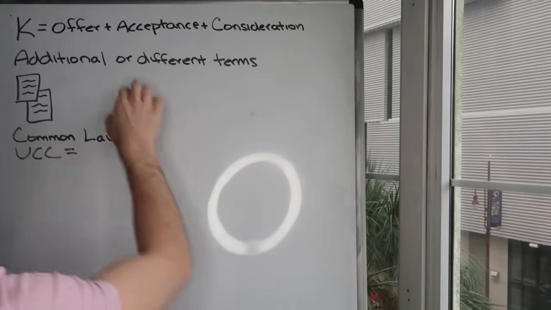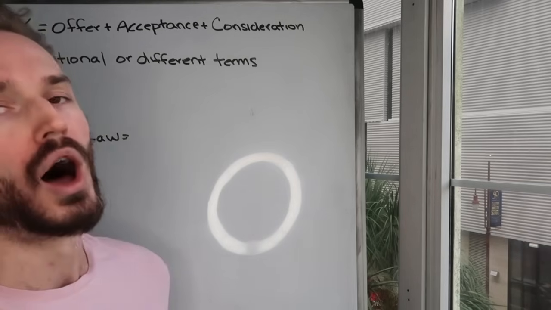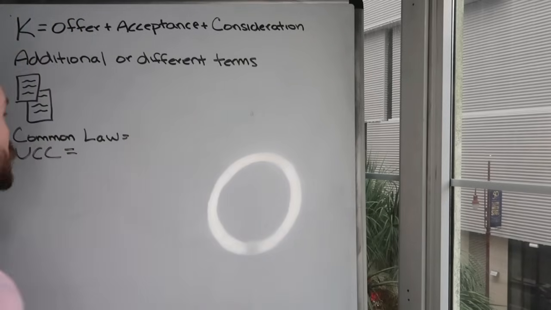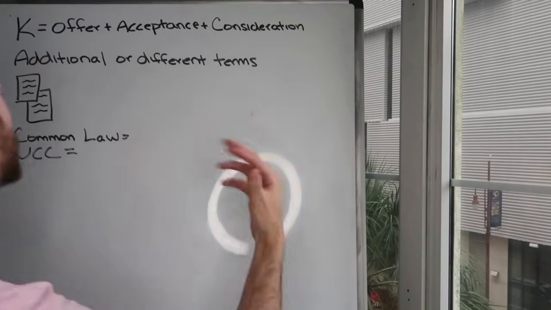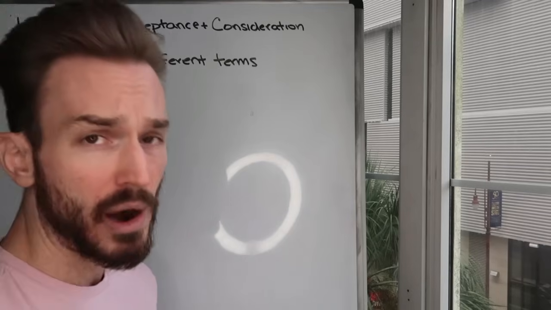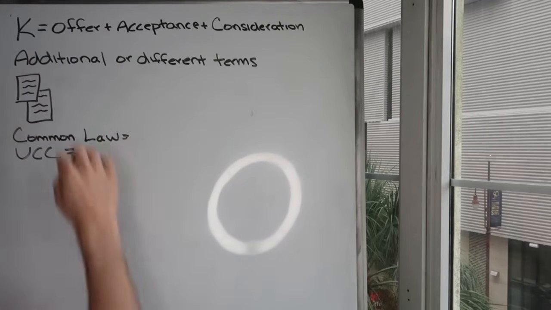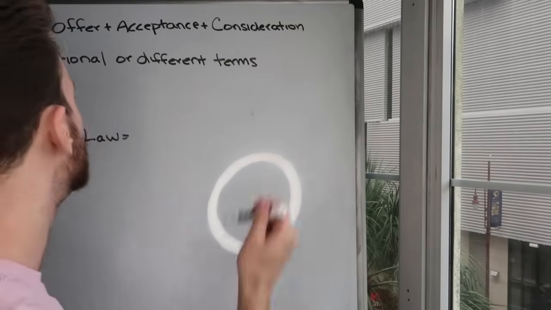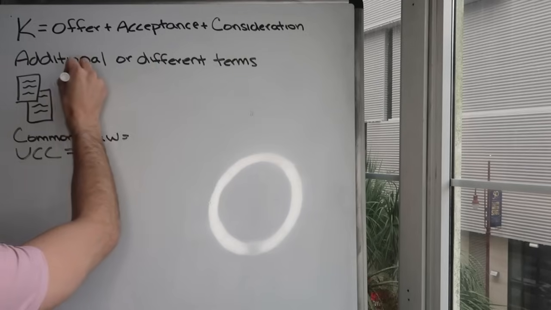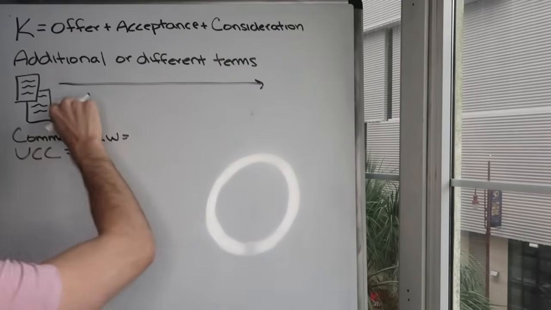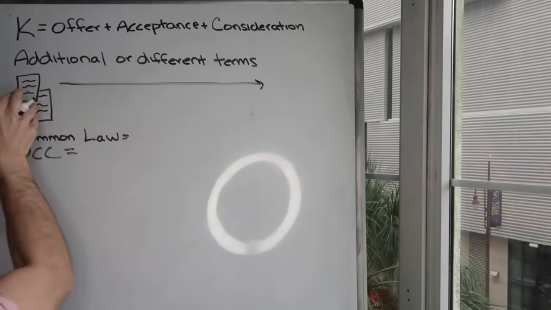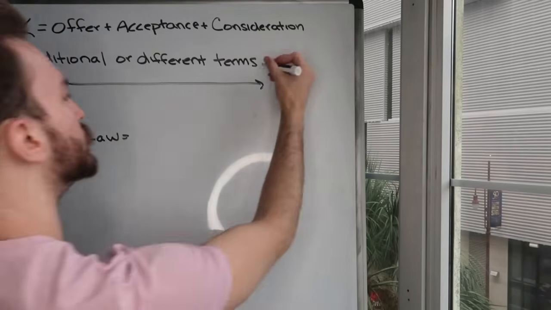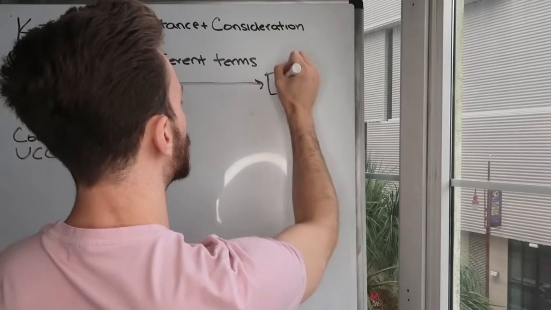Imagine that we have an offeror who wants to draw up an offer sheet. It doesn't matter what it is. It could be for the purchase and sale of dry erase markers. It could be for the purchase and sale of real estate. Let's not worry about what it actually is. Let's just imagine that we have this big offer sheet, a 20-page contract that's being sent to the offeree. So this is my big offer sheet. I know, horrible artwork, but this is supposed to be an offer sheet, and that's sent to the offeree. So the offeree receives the offer sheet,